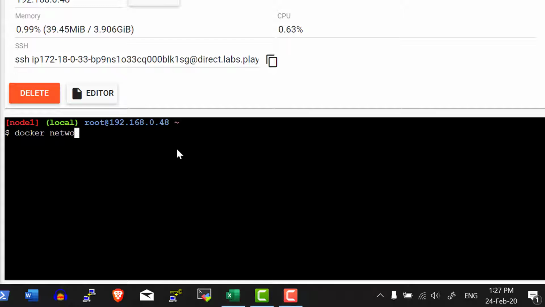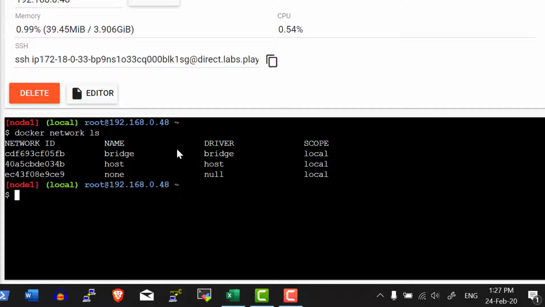docker network ls. So I do have a bridge network, and this is the ID and what driver it is using. These are all the three different popular drivers being used whenever I'm creating a Docker. I'm going to concentrate on the bridge first, then we will have a separate discussion on host and null in a dedicated session. Now let me get the details about this particular bridge network.